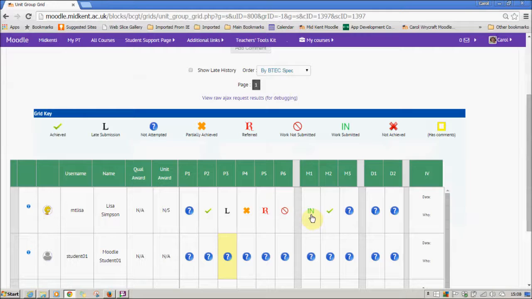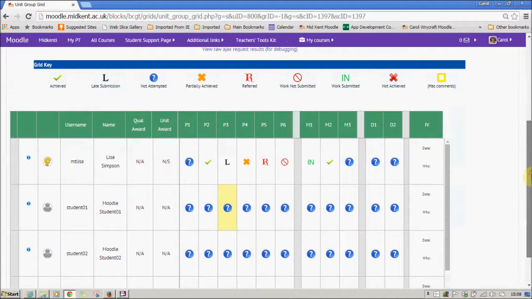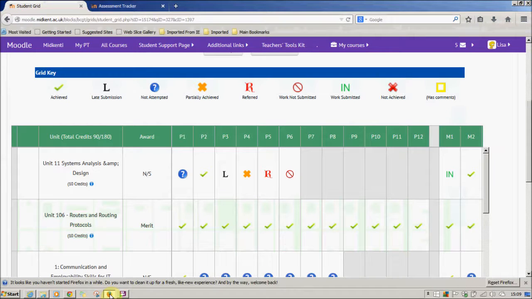M1, the work is in but hasn't been marked. M2, that's actually been marked and achieved. So you can see exactly where your students are in that particular unit, but also the students can see exactly the same situation. So if I go into a student view here for Lisa Simpson,